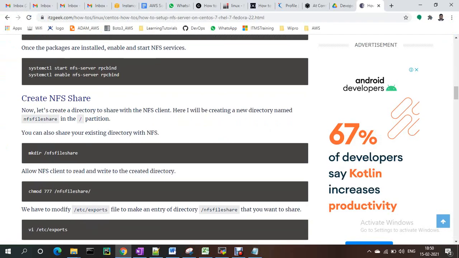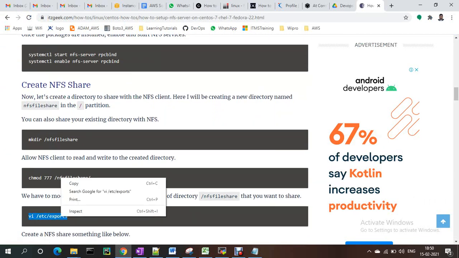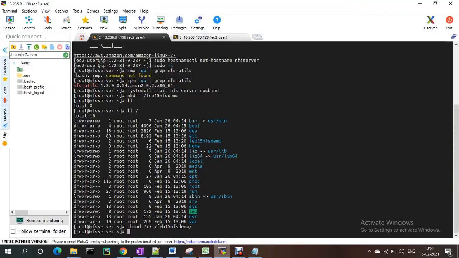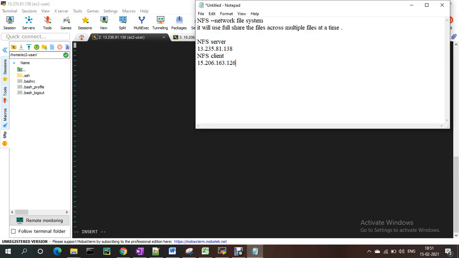The next step is to give the client details. I go to vi /etc/exports, where I need to mention the client details.